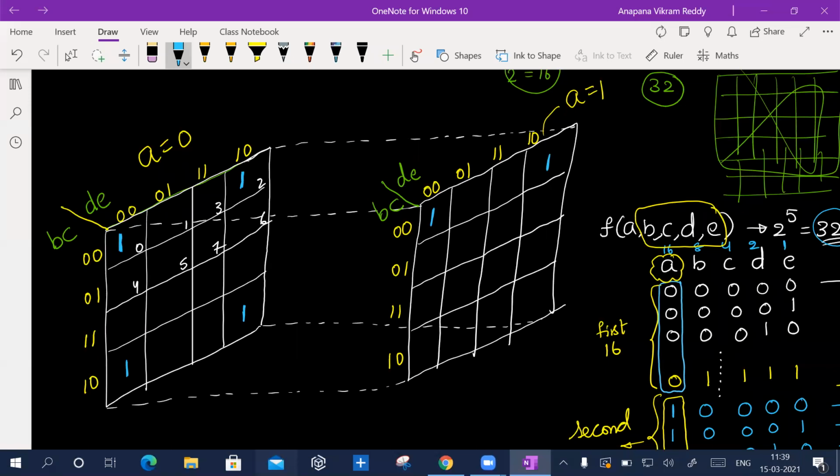Okay, see, I start here 0, 1, 3, 2, 4, 5, and so on. And what about this number here? What about this number here? 16, 17, 19, 18, very good, because A is equal to 1. First A is equal to 1 here, right? So this is 16. This fellow is 16, 17, 18, 19. Okay, so just don't get confused again. Please don't write here 0, 1, 3 like that, okay? Because from A is equal to 1, you should do. Here A is equal to 0. So A, B, C, D, E like that. Here again A, B, C, D, E. In this case A equal to 1. So that's fine. Great.